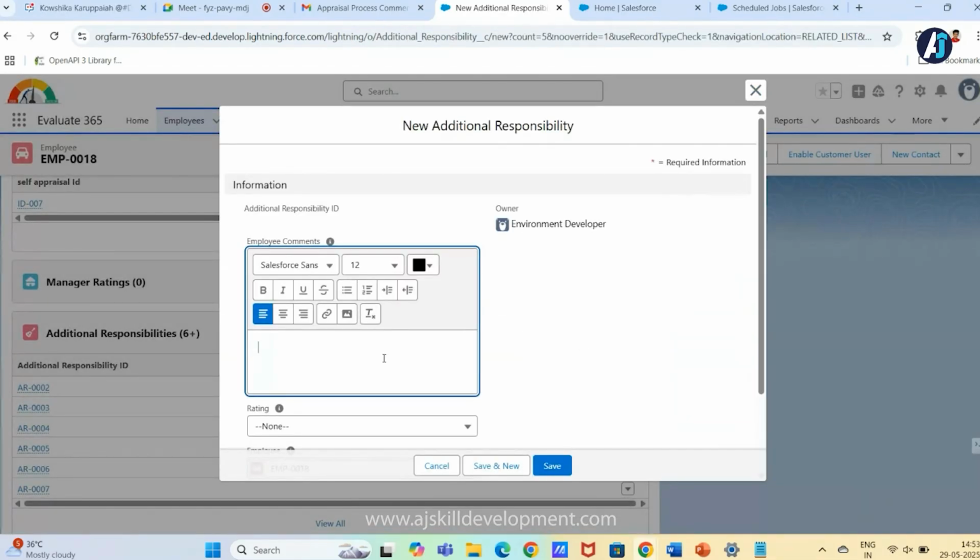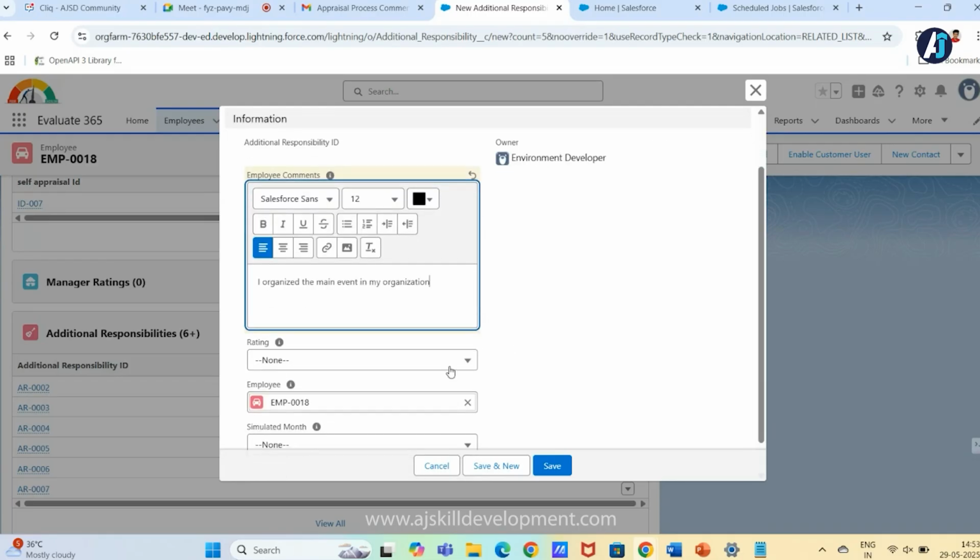For example, let me create a comment here. I am giving what he has done: the employee organized the main event. He is the leader for the main event in his organization.